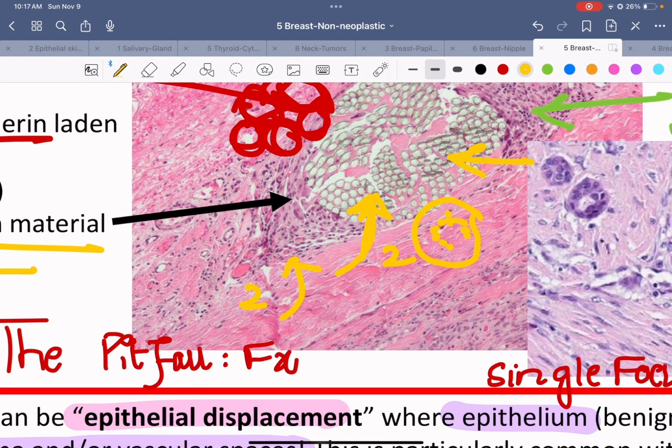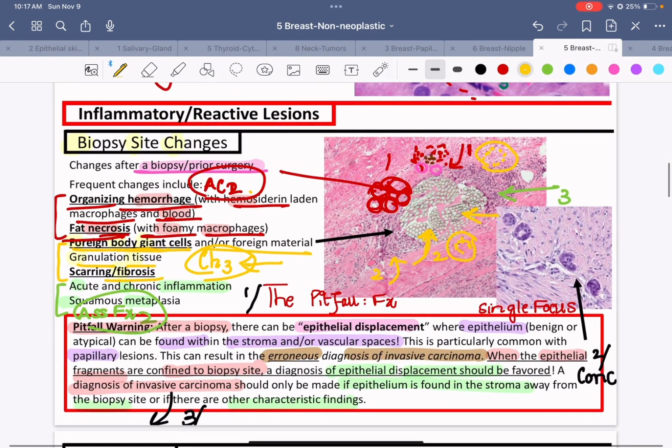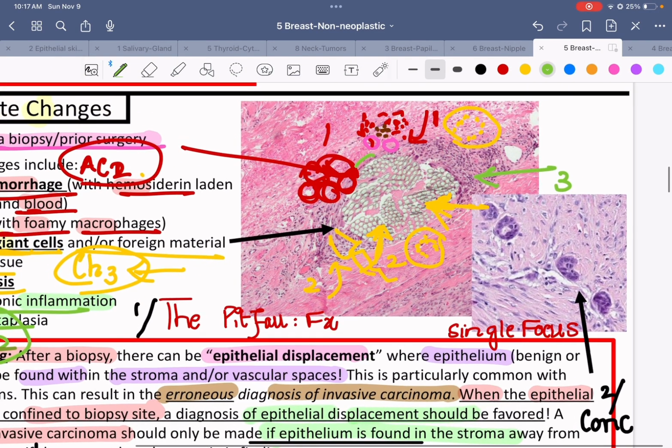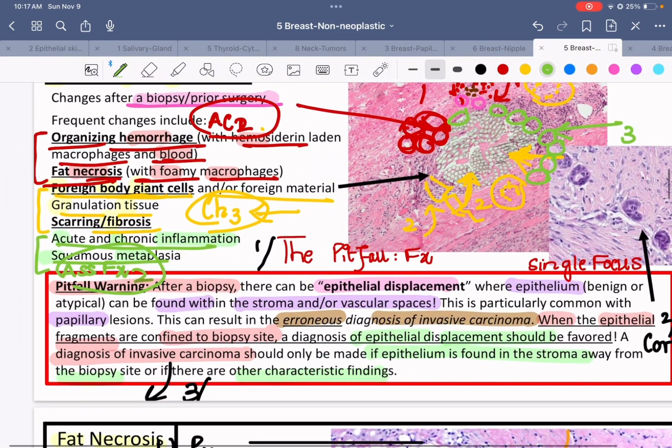This is not normal material, this is foreign material with foreign body giant cells, granulation tissue, scarring and fibrosis, which is indicating that the healing process is taking place. So lots of fibrosis, granulation tissue with perpendicular vessels, foreign material, foreign body giant cells. These are changes number 2, which I classified as chronic. They are not necessarily chronic. And then number 3, we will find acute and chronic inflammation, squamous metaplasia. Again, the epithelium of the ducts has become traumatized, and whenever it becomes traumatized, it will start converting into squamous epithelium. So there will be squamous metaplasia as well.